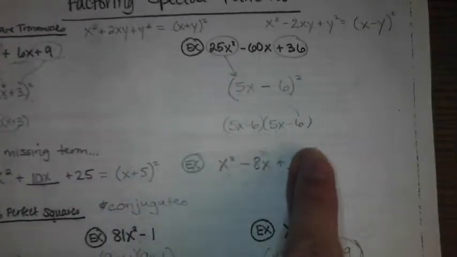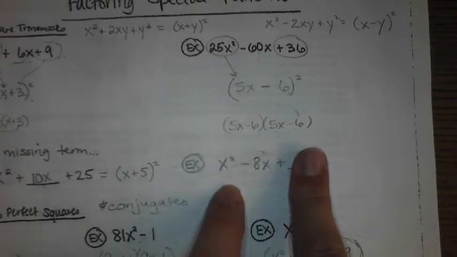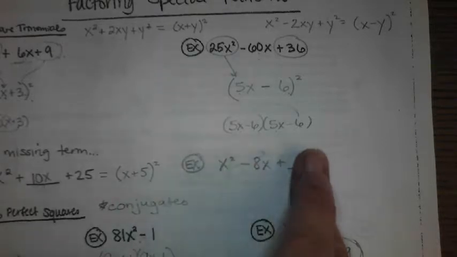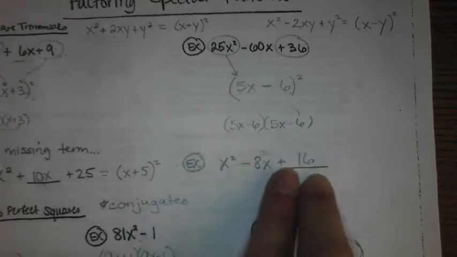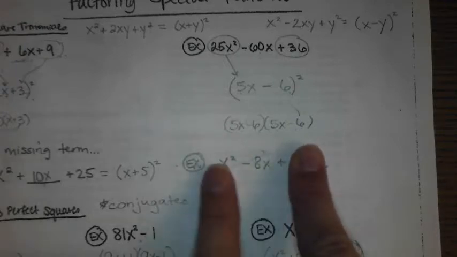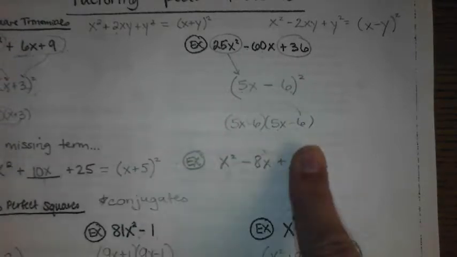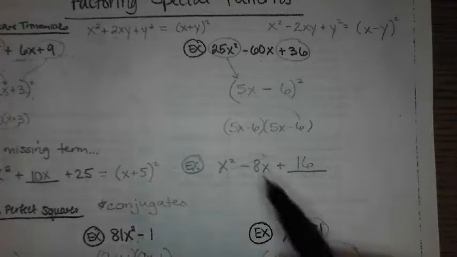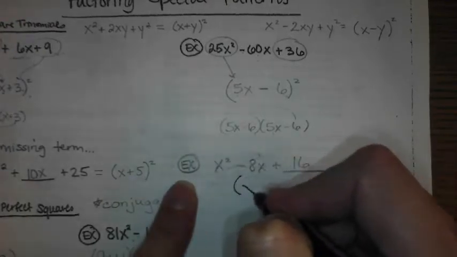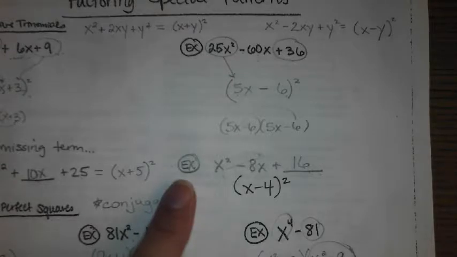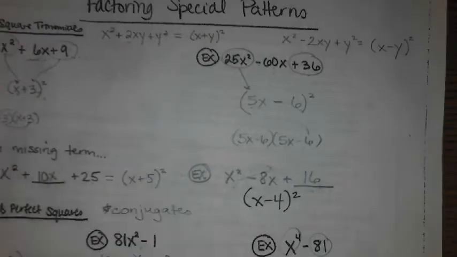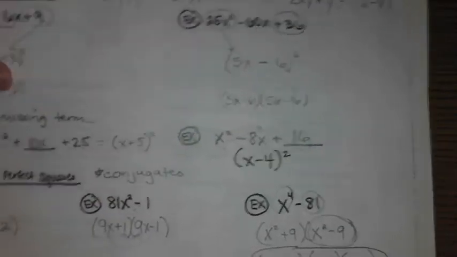And then I had you guys figure out what this last number was, so that the square root of this is x, and the square root of this needed to be 4, so that double that would be 8x, so we made that a 16, right? We're going to be doing a lot of this coming up with that third term today to make this a perfect square trinomial that is factorable into x minus 4 squared, or x minus 4 times x minus 4. Okay? So we've sort of done this already,